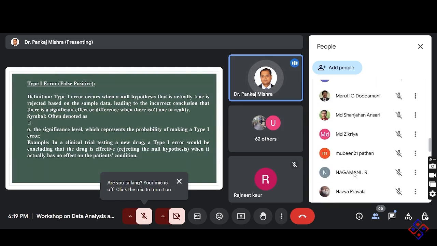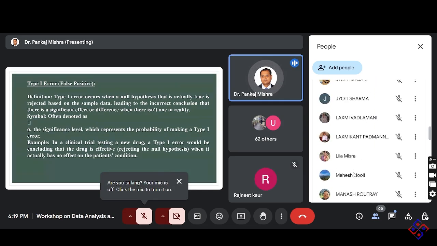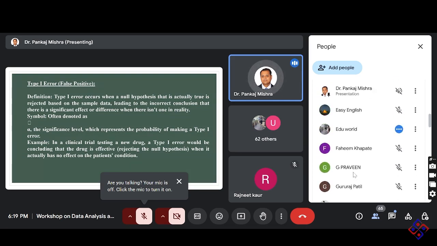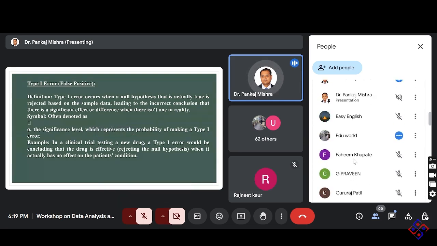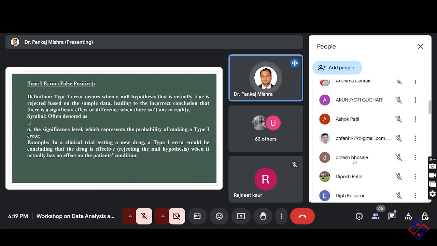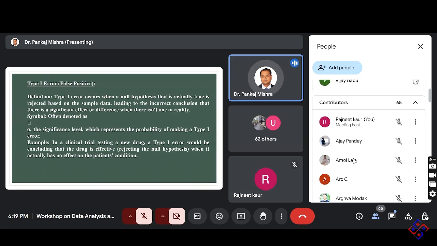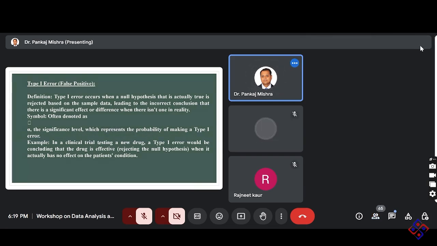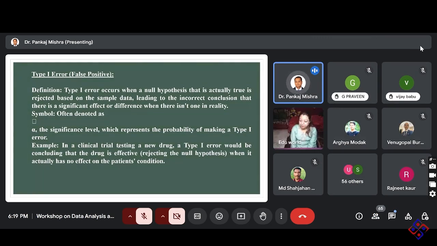This session will be open at the last for discussion. If you have any questions, please prepare your question. You can ask at the end of today's session. It is not too long. We are just going to finish very soon. Whatever questions you may have, you can ask at the end when the ma'am finishes. Ma'am, please continue.